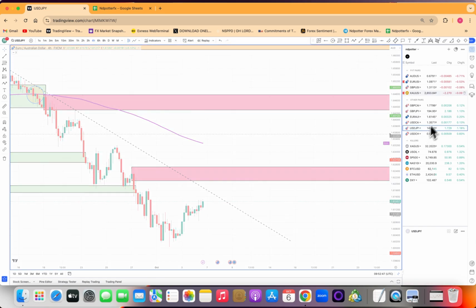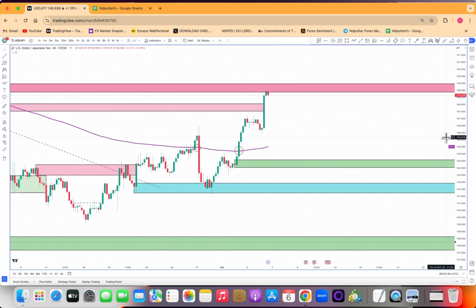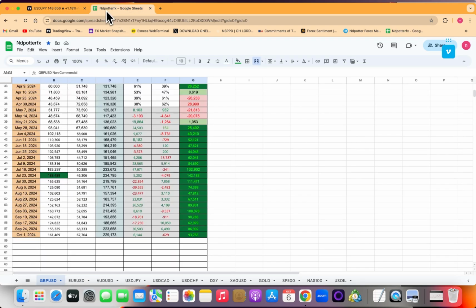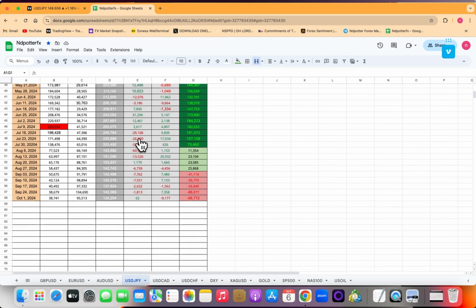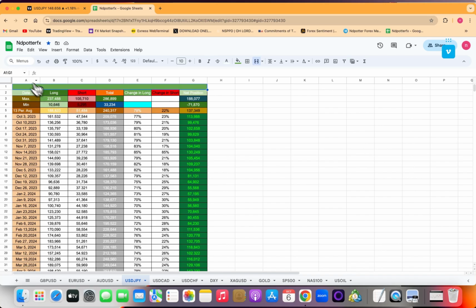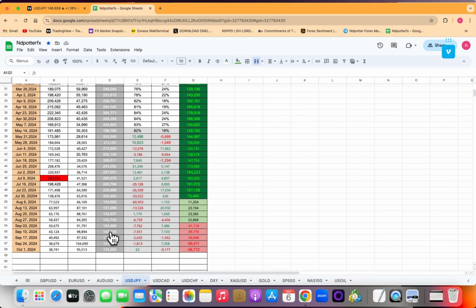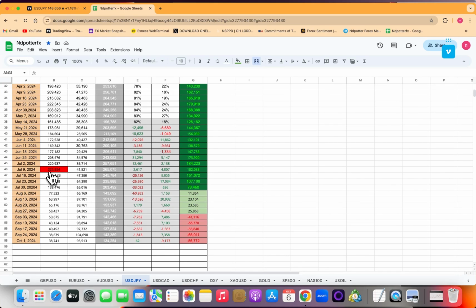Okay, let me work on USDJPY. This one, the USDJPY, is actually a very interesting one. So if you look at USDJPY, the highest they maxed out on their long position is 237,000 on long, and when the market got to 223,000 on long, the institution started taking profit aggressively, and the market dropped,